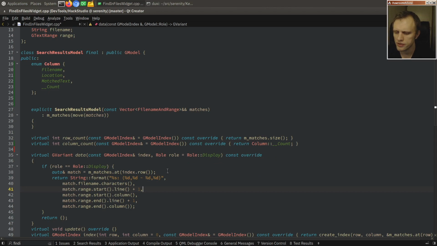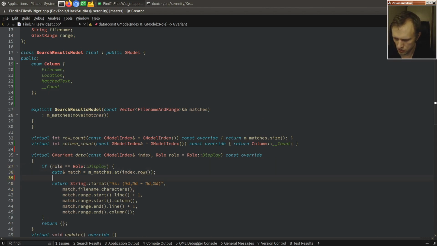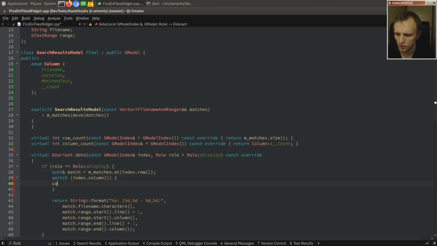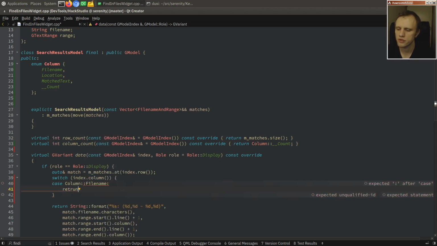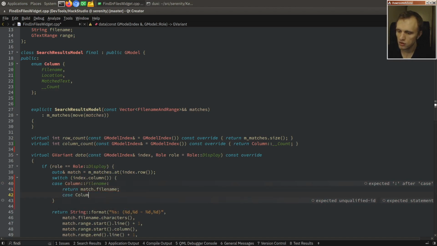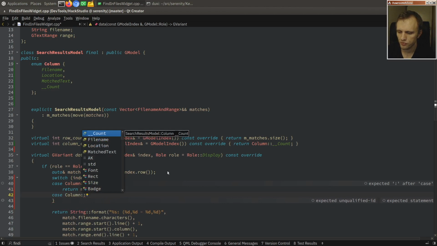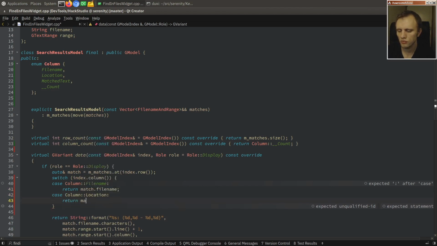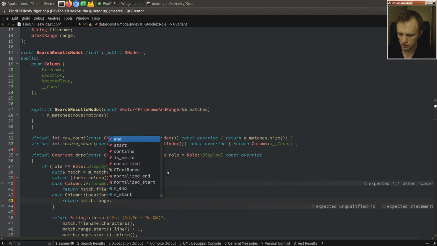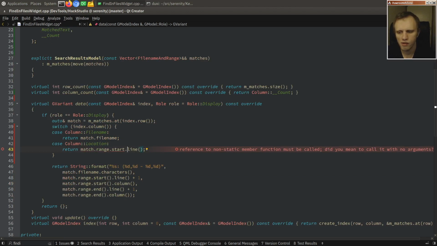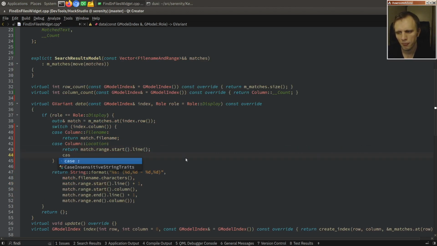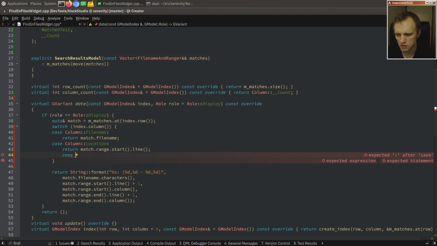So how do we fix this up? We just look at the index column. If it's the file name, then we'll return match.filename. If it's the location, I guess it's the range start line. It's the line number that we're on, like that. And the matched text is going to be,